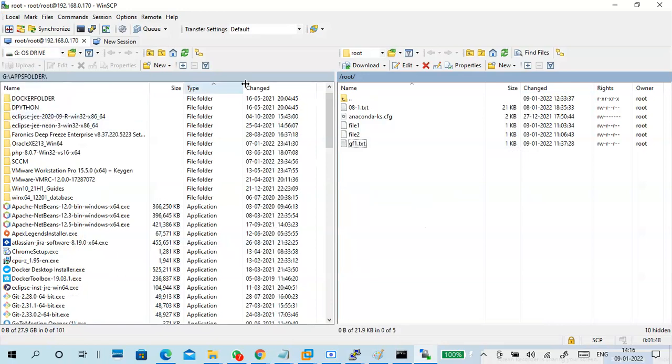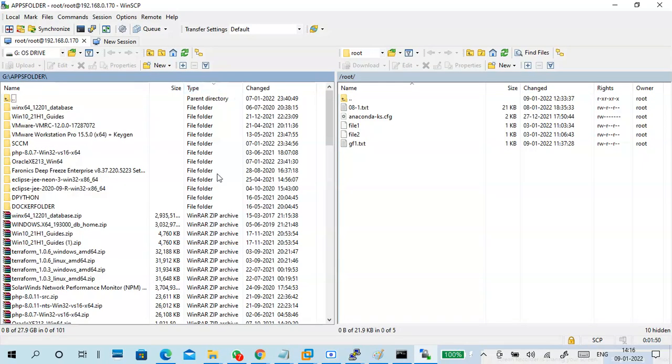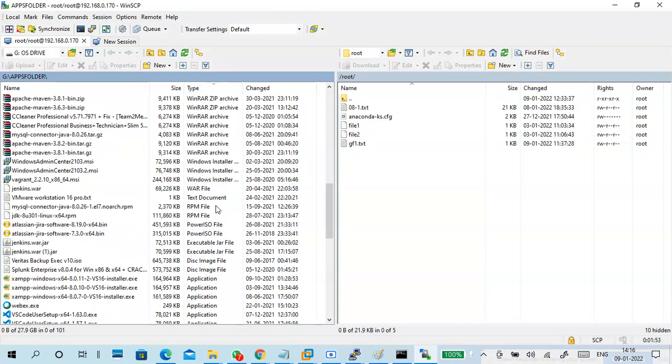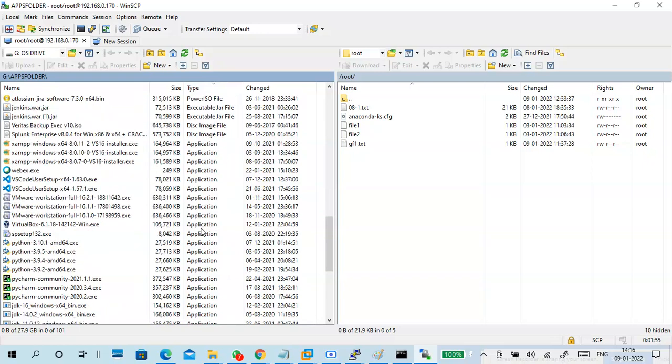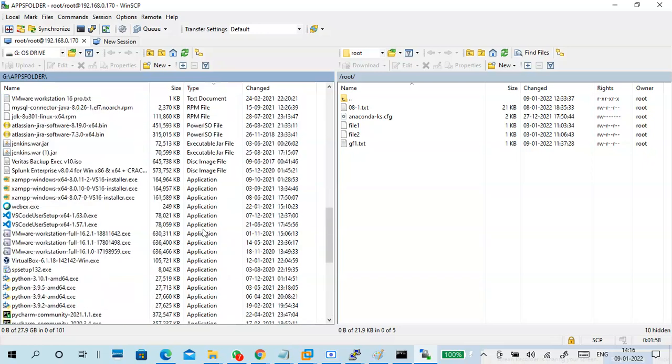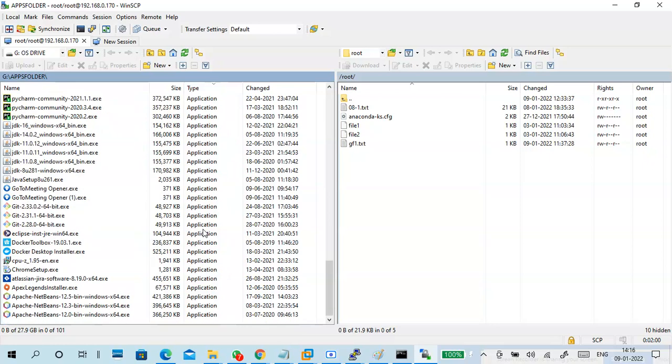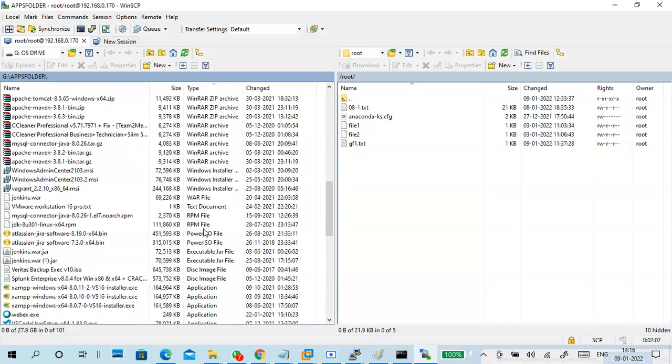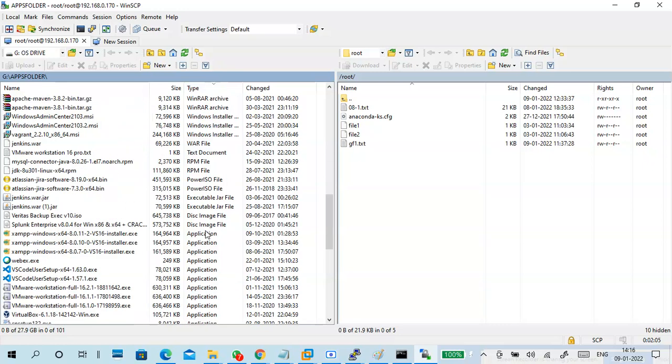Of course, an app folder is there now, with a type of files. Then you can find the application. RPM files are also here, somewhere. See, these are RPM files. I downloaded these RPM files on my physical PC and I want to put them here.